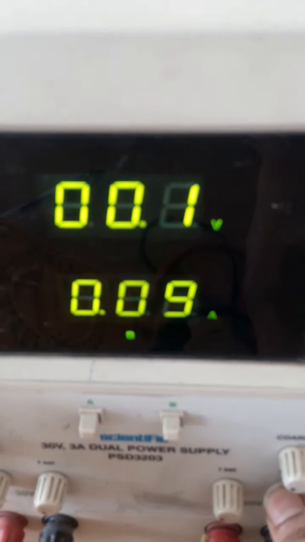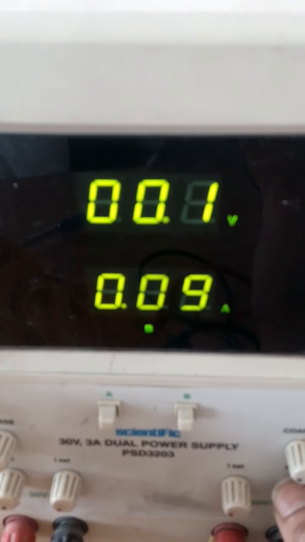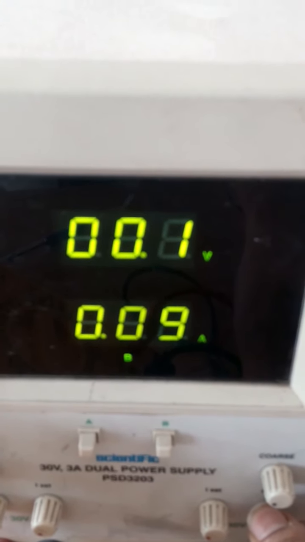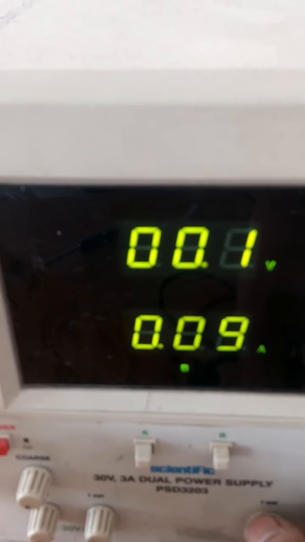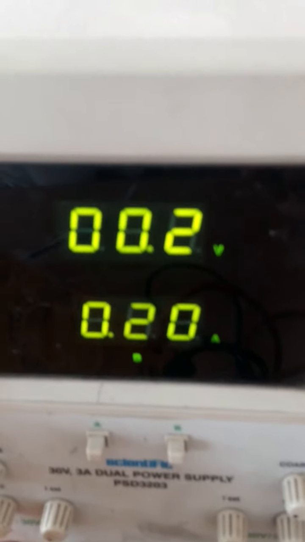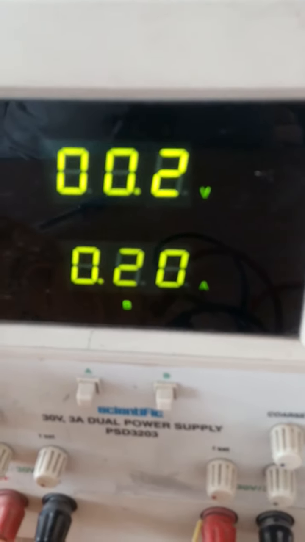Then we'll change the current value. The current value from the power supply is changed. So we have given 0.2 ampere using the power supply.